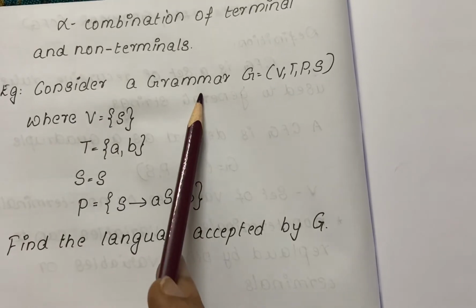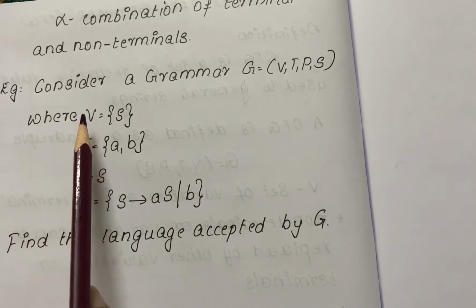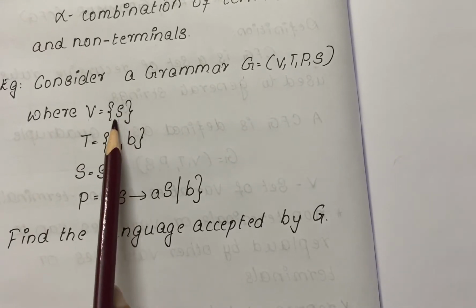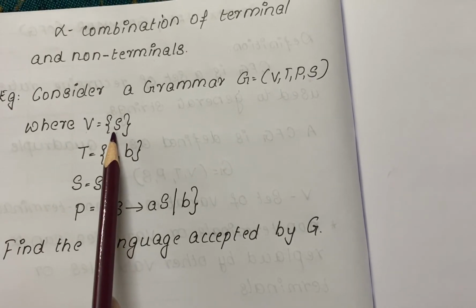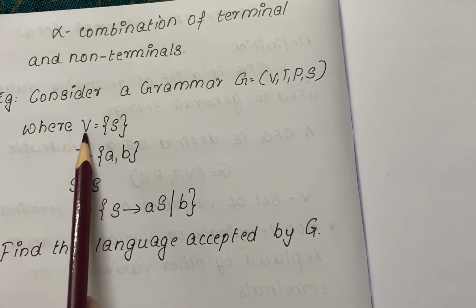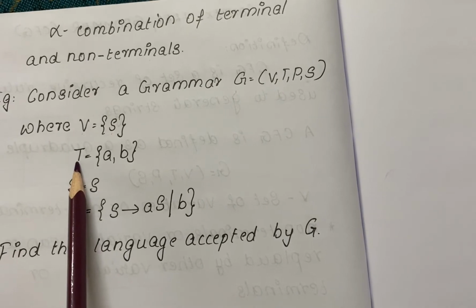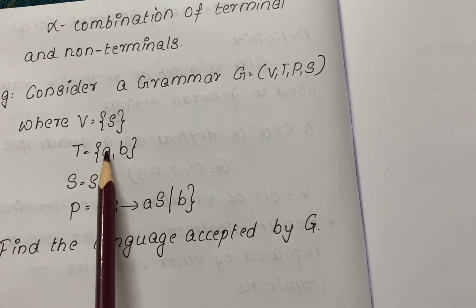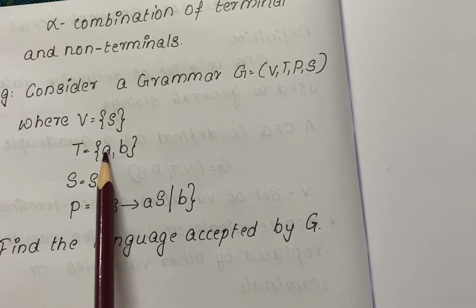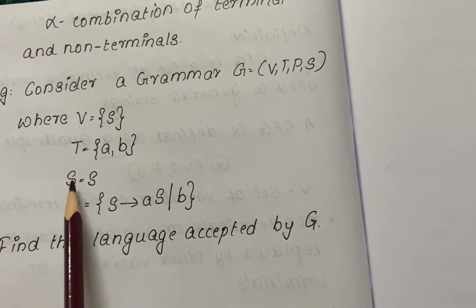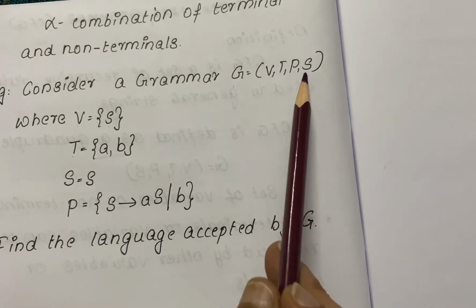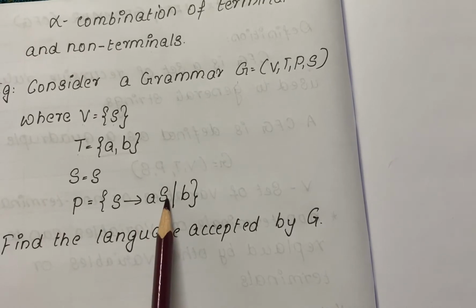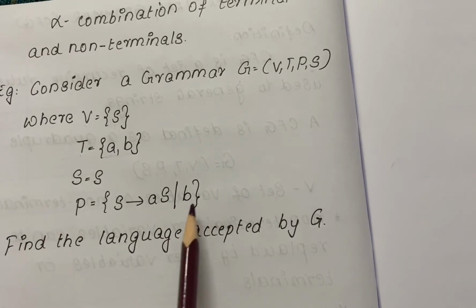So we have been given a grammar. In that grammar, we have only one non-terminal letter, that is S. That's a capital letter, and I told you whatever capital letters you see belong to this particular V. Next is T. I told you terminals will always be small letters. So you have two small letters or terminal symbols here, a and b. S is the start symbol. And P means these are the set of rules which we are using to generate that particular language.